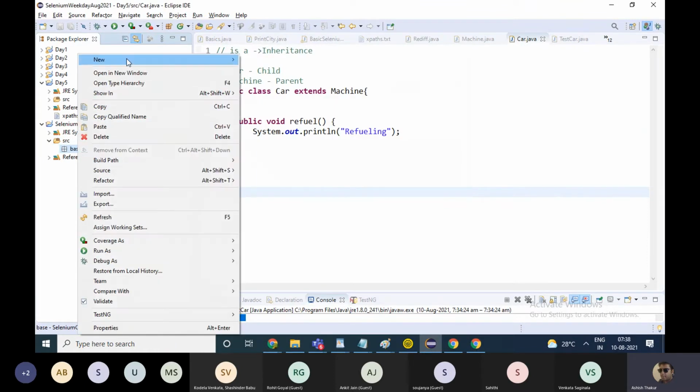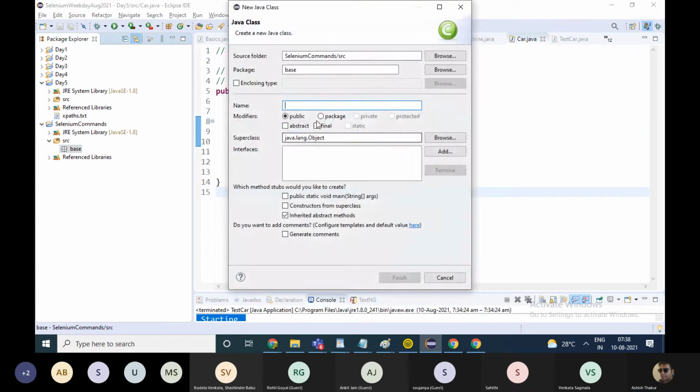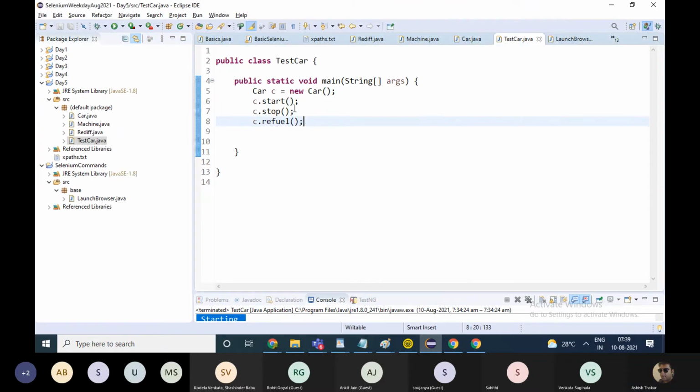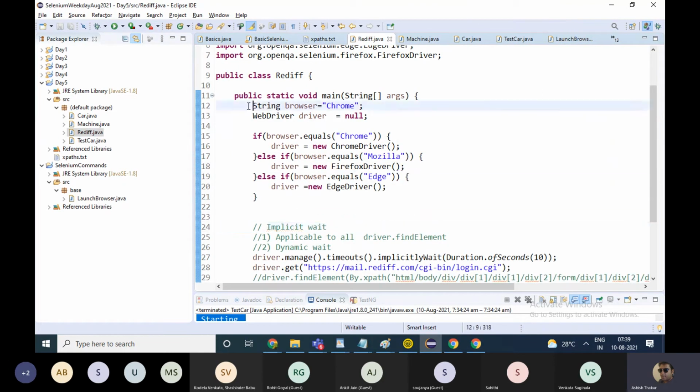Okay. And I will create a new class known as launch browser. Inside this class, we will keep the code with which we launch the browser.